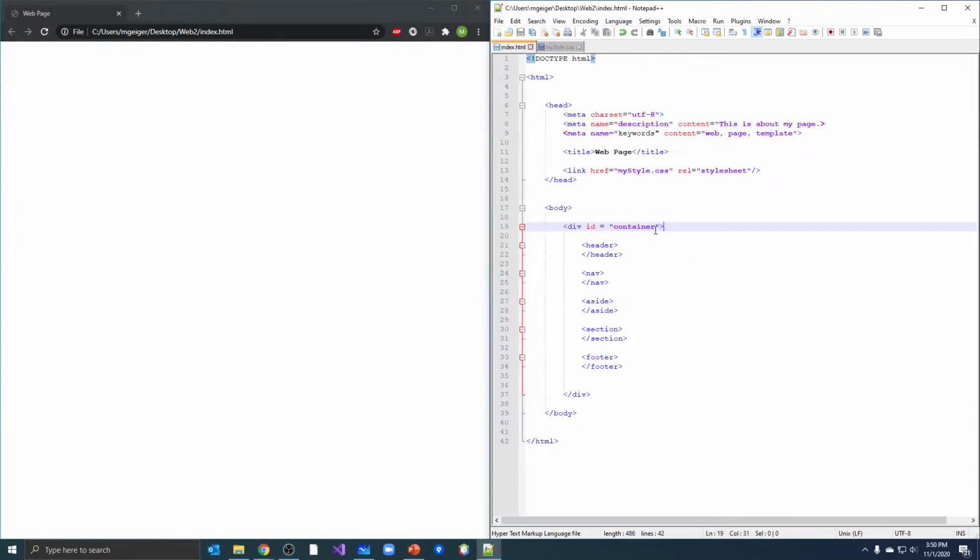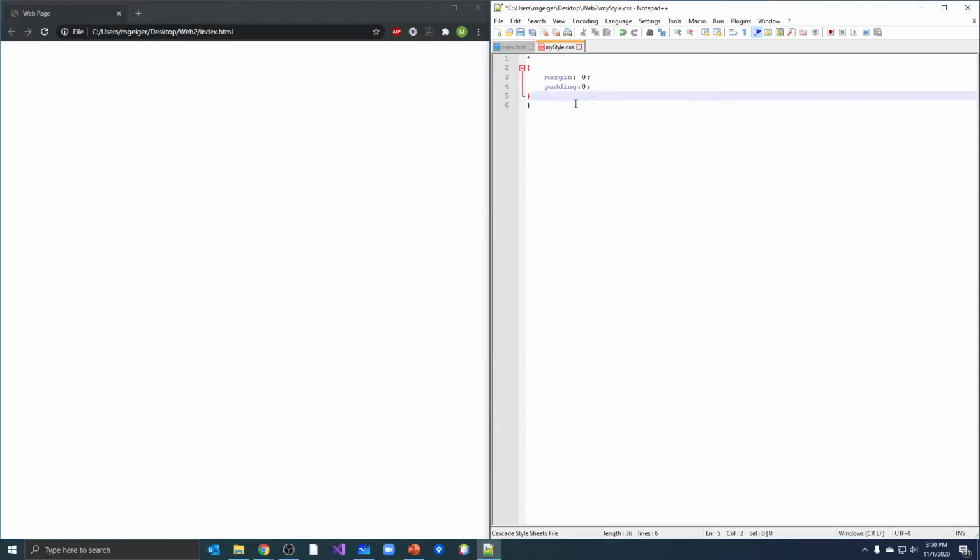All right, we're back. We have our basic structure of our page in here in our HTML. Let's go to our style sheet. Now I started out with something new, that we haven't seen before. That's called the universal selector. So the little star kind of means the same thing as the asterisk